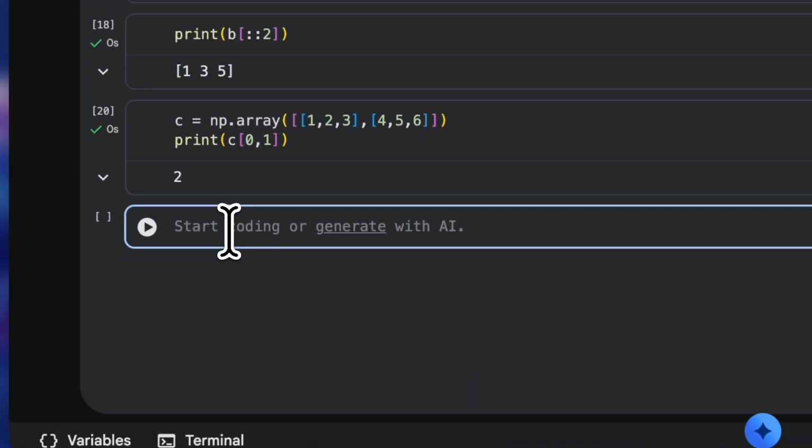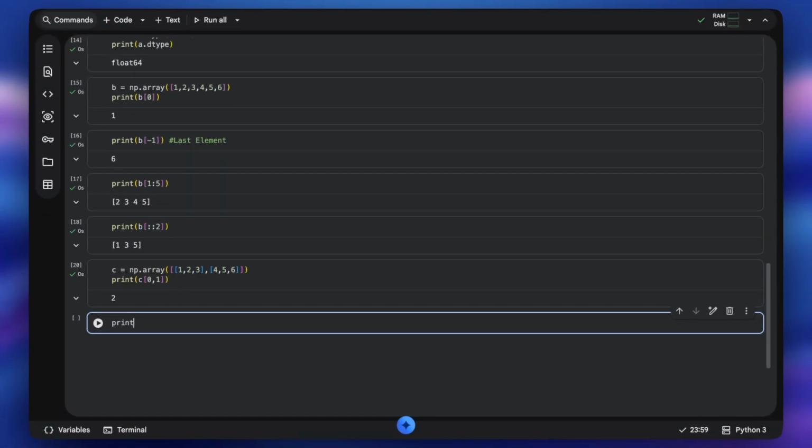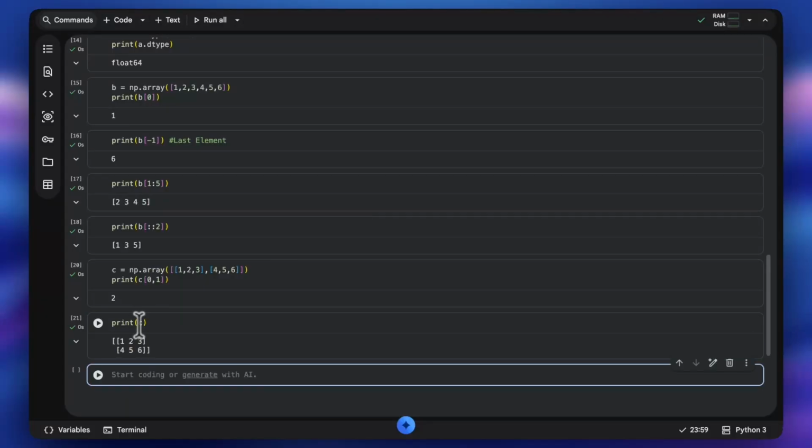Let me tell you how I got 2 here, right? So if I just simply print C here, we have 1, 2, 3, and 4, 5, 6. So as you can see that at the index 0 of column, we have 1 and 4, right? At index 1 of column, we have 2 and 5, and at index 2 of column, we have 3 and 6, right?